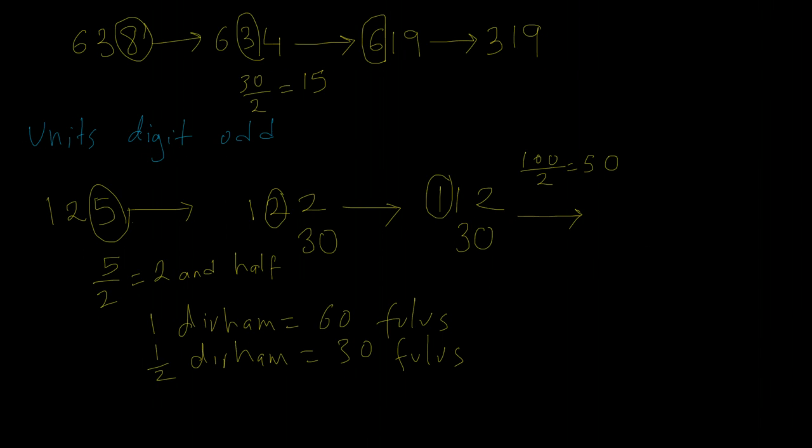So what we can do is make this digit 0 and add a 5 to the digit in the middle. The digit in the middle is tens, and adding 5 there would represent 50. So we would get 62 and 30. So basically the half of 125 is 62 and a half, which is of